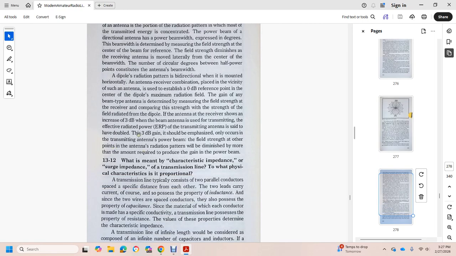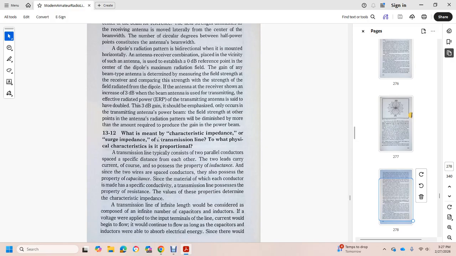independent of the share of the independent transmission line. The physical character of the transmission line is considered for two parallel conductors spaced a specific distance apart, each of the two leads carrying current over the course of the property with the inductance for the center of the two wires with the spacing of the conductor, also the property of capacity with the sum of the material of each conductor. The transmission line has specific values of the property, determined with the characteristic impedance